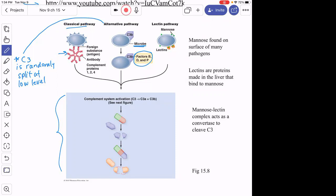And then the third way is called the lectin pathway. Bacteria very commonly will have a sugar on their surface called mannose. That's a polysaccharide that we don't have on the surface of our cells. We make proteins in the liver called lectins that recognize that mannose. When lectins are bound to mannose on the surface of the pathogen, that will act to split C3 as well, so that can cleave C3. We think the alternative and the lectin pathway are probably the most common ways that complement is activated, but